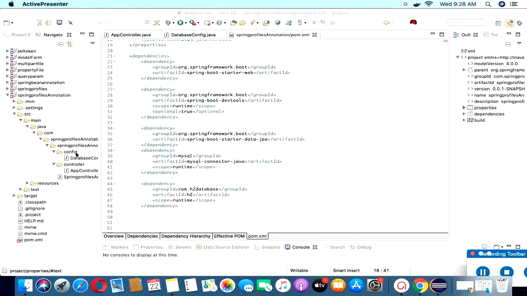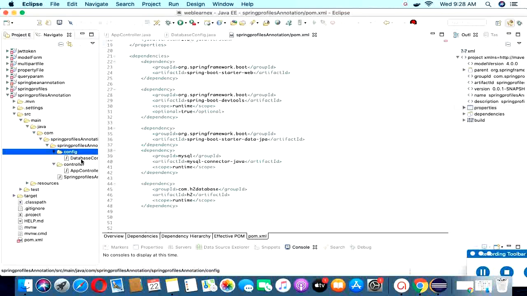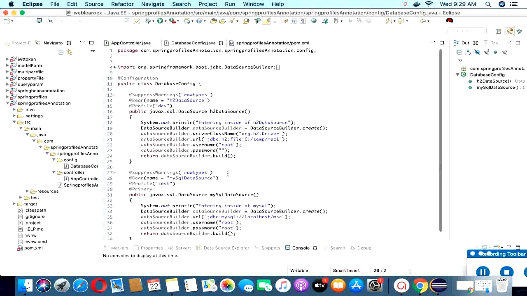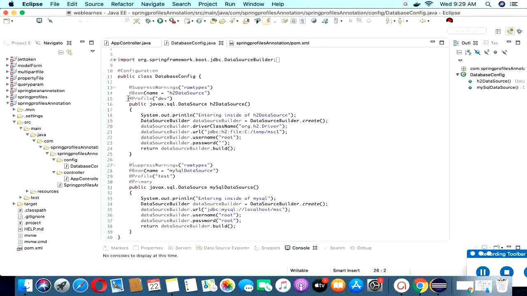And I have created one configuration file, the database configuration. In this configuration I have used the @Profile annotation, and in this file I have created some database configuration for MySQL. The dev profile provides the database connectivity of the H2 database, and the test profile provides the MySQL database connection.